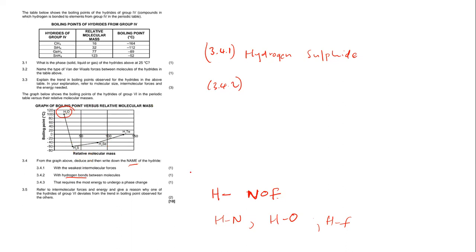So if I take a water molecule to a water molecule, the type of intermolecular force that I will get between those two water molecules will be called the hydrogen bond. So water is the one that has it, and remember, they want us to write down the name. So we're going to say it's water. Don't write the chemical formula. You'll get it wrong because you didn't answer the question if you write it like that. So you can call it water or you can call it hydrogen oxide, okay? Water or hydrogen oxide. Therefore,